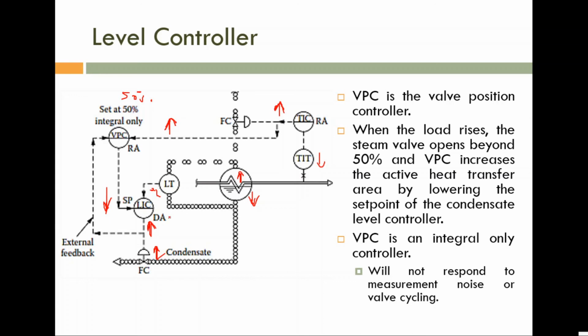Okay, so for negative error, if the control signal is increased, definitely it will be a reverse acting controller with respect to error. But here direct acting is marked. So what is the meaning? This one is direct acting with respect to the measurement. Compared to the set point, measurement is more. Means if measurement is more, control signal is more. So please note here, direct acting or reverse acting is with respect to the measurement, not with respect to the error. Okay. So once again, try to understand this one. This one is a homework. How it is reverse acting, how it is direct acting. Please identify that. Okay. So I am stopping here.